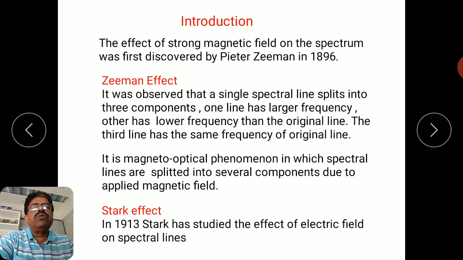Further theoretical explanations of the Zeeman effect we shall study in the next video. But before that, what was the actual experiment performed by Zeeman? If we first understand this particular experiment, then you will be well introduced to the actual Zeeman effect and its details. One must first understand this, and then it will be easy for us to learn about the theoretical explanations given by Lorentz on the basis of classical laws of physics.